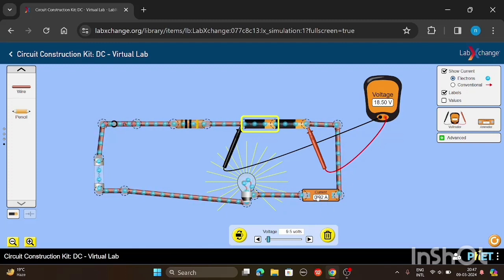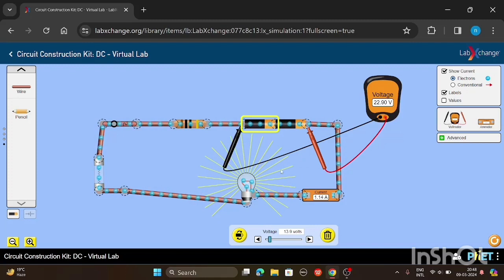We are increasing it, and we can see the effect here in the ammeter. It is showing amps, the current. So we can see the effect on current. We are increasing the voltage here, and you can see that when we increase the voltage, the current in the circuit is also increasing. Like now it is more than 1 ampere, and we are continuously increasing,